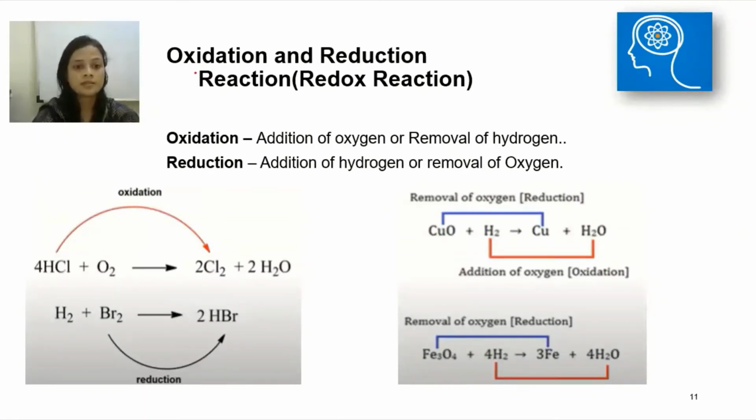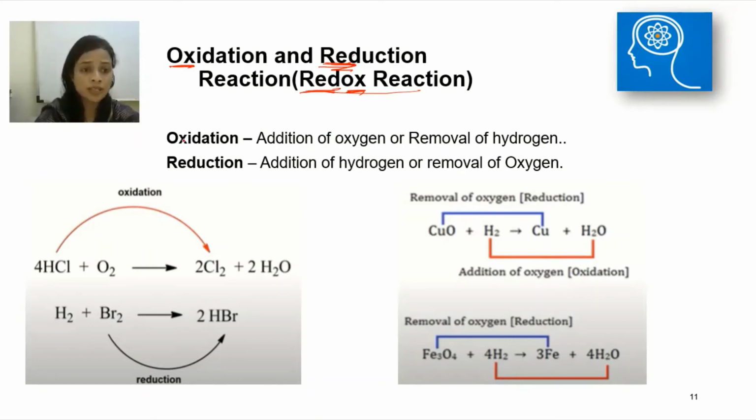Now we will discuss the very important part of this lesson, that is oxidation and the reduction reaction. Basically, when the oxidation and reduction reaction takes place simultaneously, it is known as redox reaction. In this redox reaction, this red comes from reduction, and this ox is for oxidation. When oxidation and reduction take place simultaneously in a chemical reaction, then it is the redox reaction.